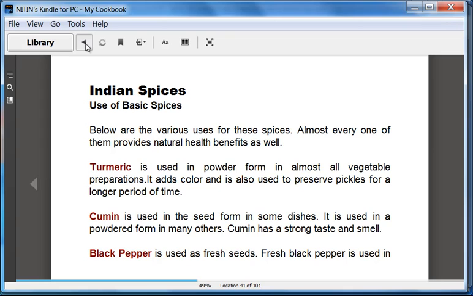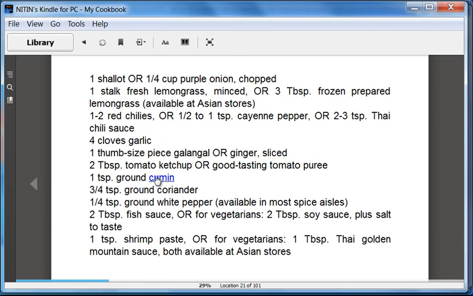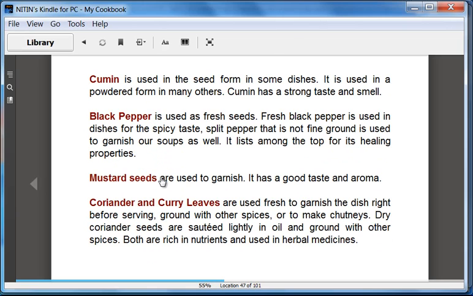Now let's go back and we'll scroll up, and now this time we'll click on cumin, and as you can see, it goes straight to the cumin section, and it actually puts it right at the top of the page. So that's the way bookmarks work. So once again,